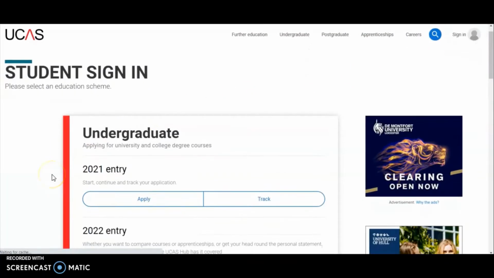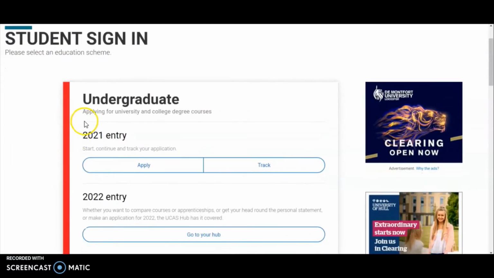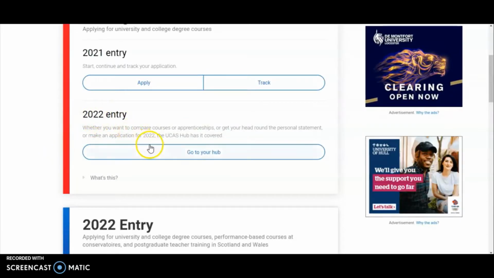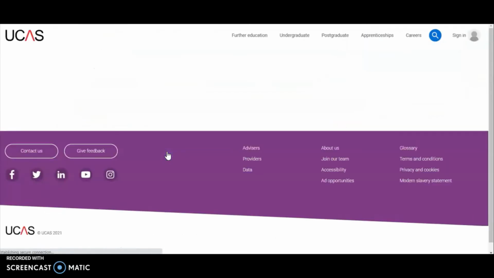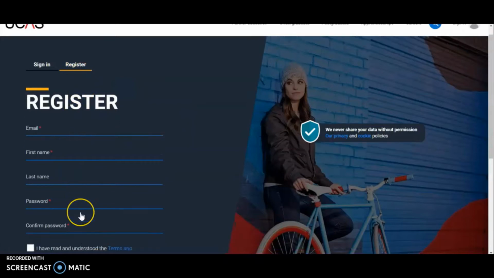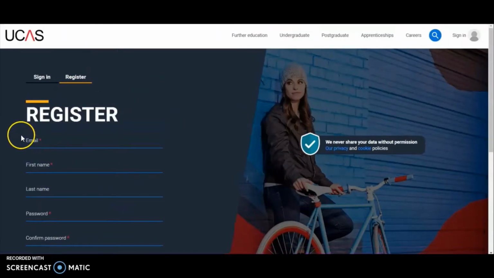and it will bring you to different types of UCAS applications. So you need to be an undergraduate applicant. So what you want to do is go to the 2022 entry, go to your hub, and it will take you to a sign-in page. You then need to click on register, complete your details, and it will take you through. It will then send you a code to the email address that you sign up with. You need to enter that within 5 minutes before it expires, and then it will talk you through the next